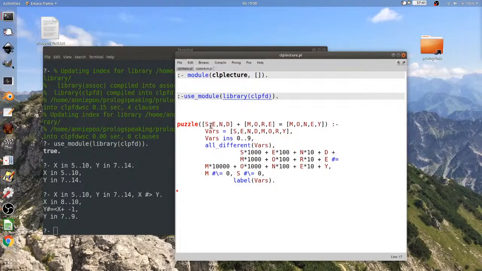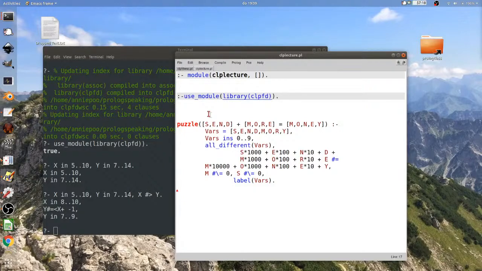You write SEND plus MORE equals MONEY, and then you are to assign digits to the letters, such that when you write them out as numbers, that is, if S is 5, it'll be 5,000 and something. If E is 4, N is 3, and D is 2, then it'll be 5,432.